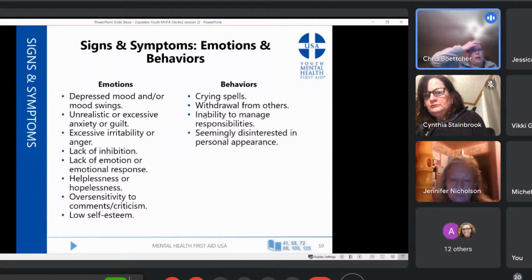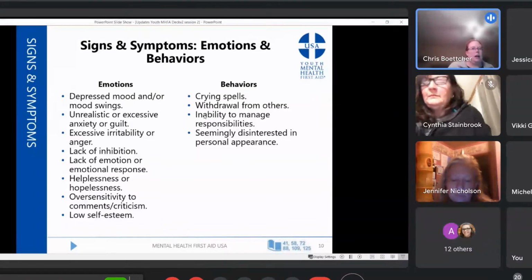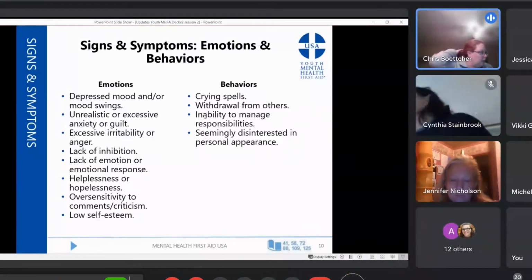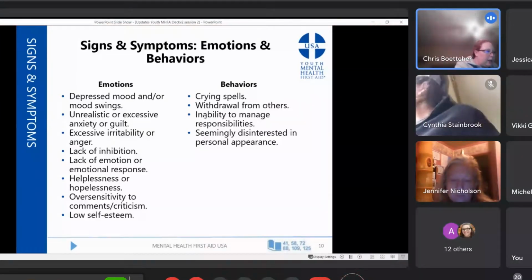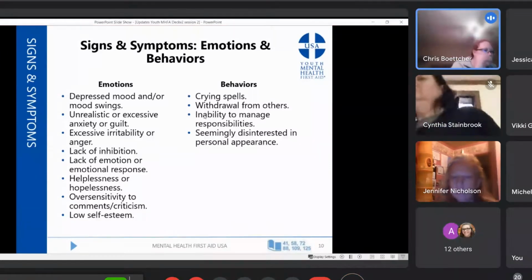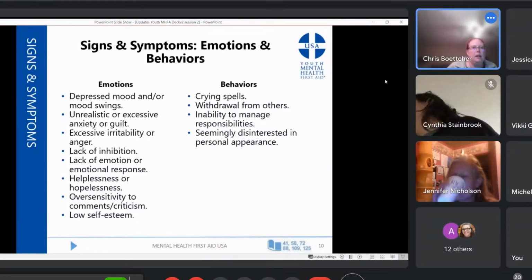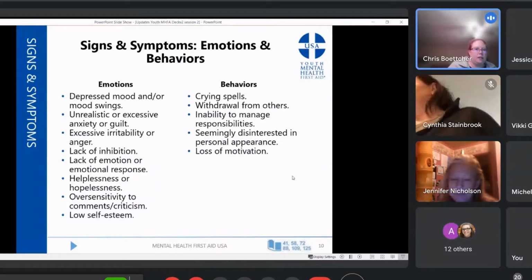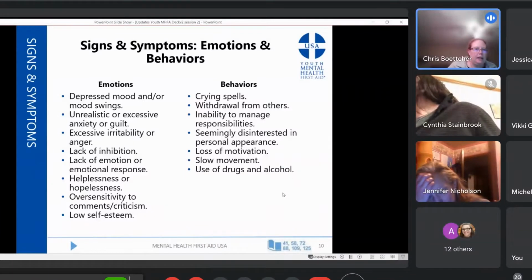The third one here is the one I wanted to make sure of. The inability to manage responsibilities is one I want to highlight as well. Youth sometimes have a problem with that. That's part of being an adolescent and learning, they're not adults yet, they're not ready to adult, right? But a change in that ability, somebody who's usually pretty good at getting their homework done or knows when they need to ask for help, and a change in that, or somebody put in here, like all of a sudden being very attentive to really fine details, that flip piece. So just one of those things to think about. But all of the other things that you got in here, the one